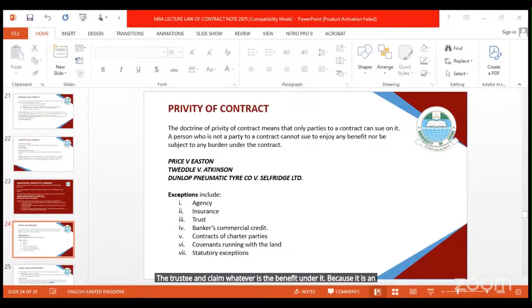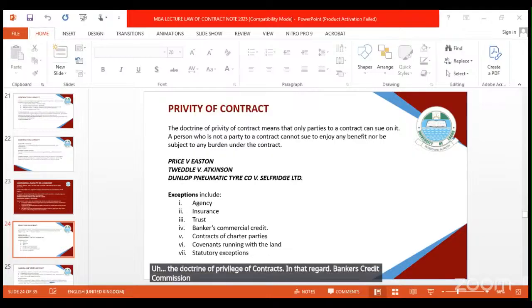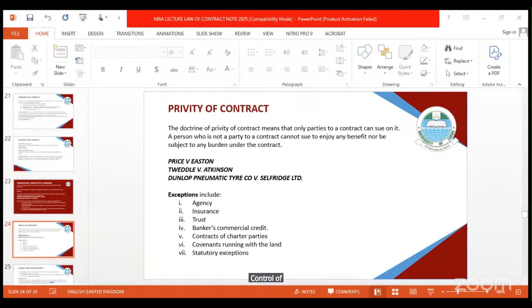So we can't raise the issue of the doctrine of privity of contracts in that regard. Bankers' commercial credits, the same thing. Contract of charter parties, the same thing. Covenants running with land, the same thing. In fact, someone was giving an example of,